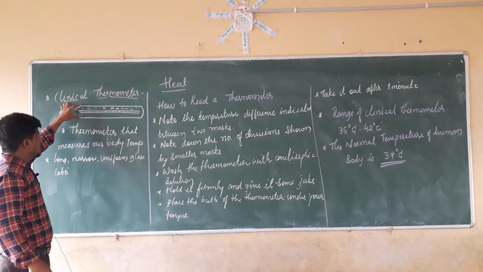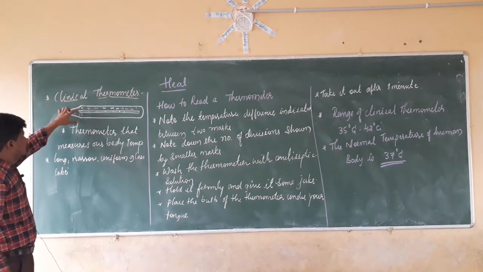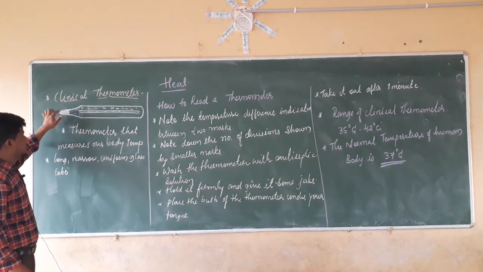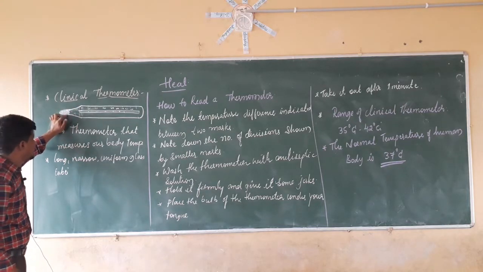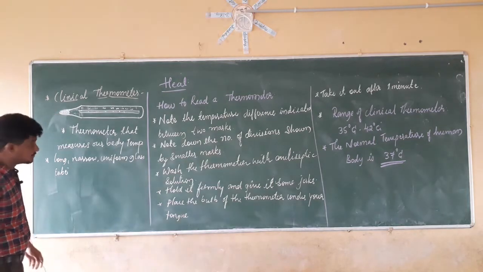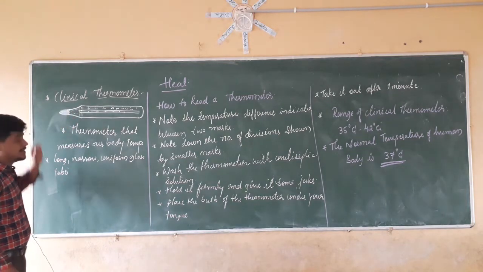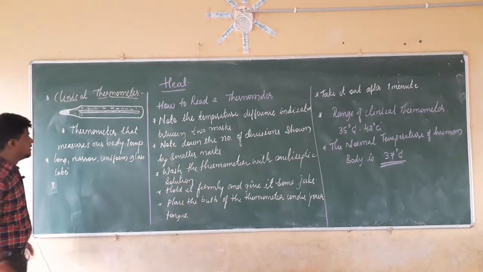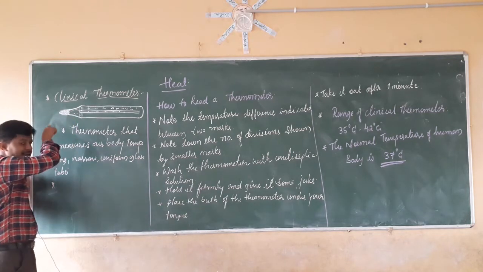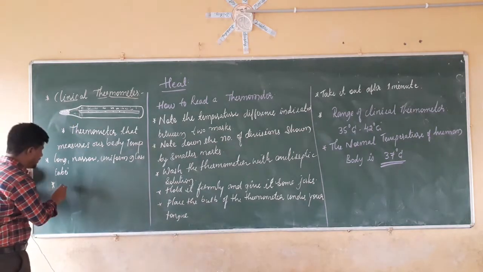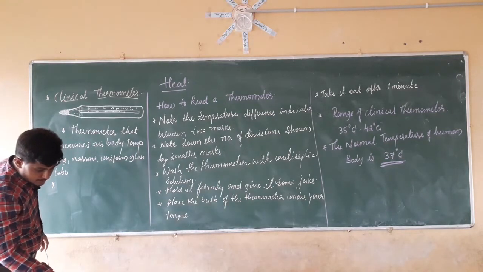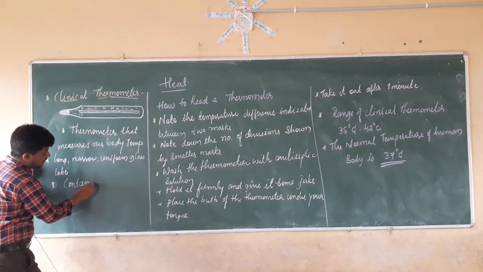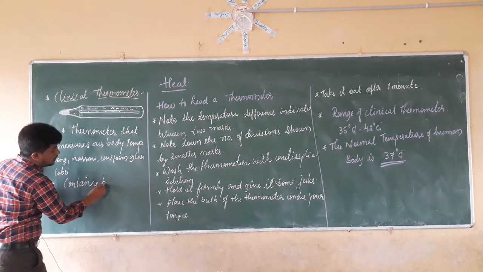Next, when we come to this side, it becomes smaller here, and here it is silver in color, some liquid is there inside it. That looks like a bulb, and this bulb contains mercury. The bulb is also made of glass, but inside it we keep the mercury. This end contains a bulb.